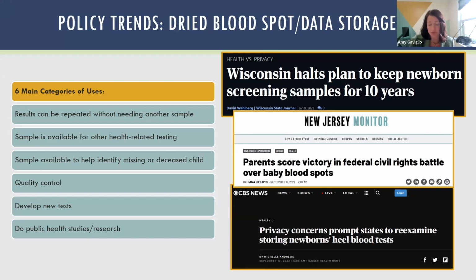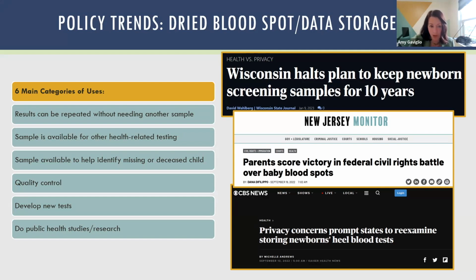These specimens can also be used for developing newborn screening tests. So obviously we started with one newborn screening test 60 years ago. Now we're screening for many, many diseases, and that came through development using residual dried blood spots. These spots can also potentially be used, typically in a de-identified manner, for conducting public health studies and research. And this component of newborn screening has really remained quite controversial, largely owing, again, to this mandated nature of newborn screening. And you can see on the right, I pulled a sampling of headlines, and these are actually headlines from the past year or two, highlighting this ongoing debate.